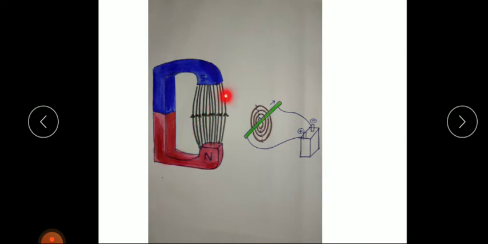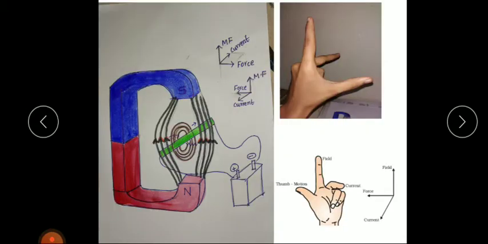If we place this copper wire between this U-shaped magnet, what happens? Look here. While placing this copper wire in a magnetic field, the magnetic field lines of this U-shaped magnet are stretched like a rubber band. That means this copper wire also has a magnetic field. This permanent magnet, that is the U-shaped magnet, also has magnetic field lines. So these two magnetic fields interact.